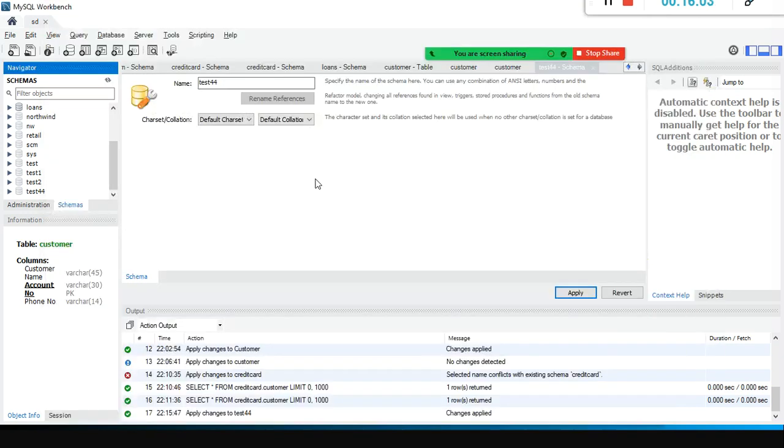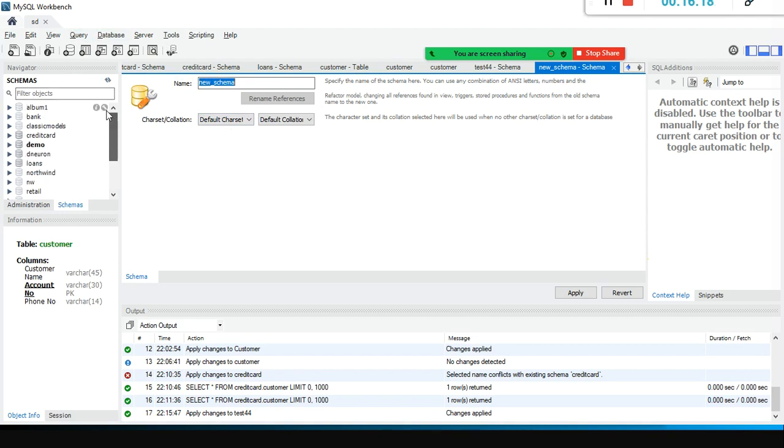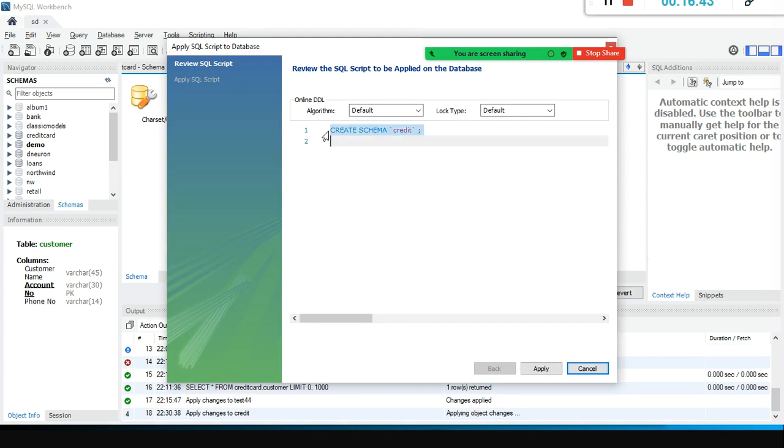Or do one thing, my friend Karthik. You just go to MySQL Workbench. Yes, sir. Select this icon at this moment. One minute. Yeah, new schema, right? Yes, new schema. Here you specify credit card. Don't leave space, okay? If you want, you can give credit underscore card, and then apply it. If I give apply, can you see something like this?